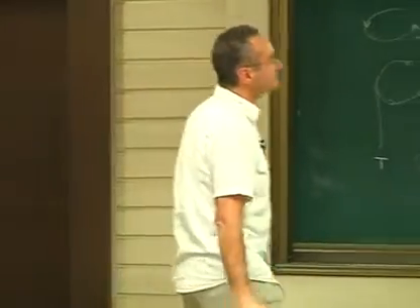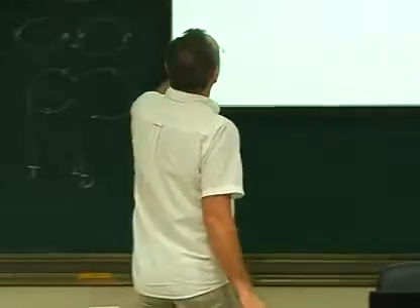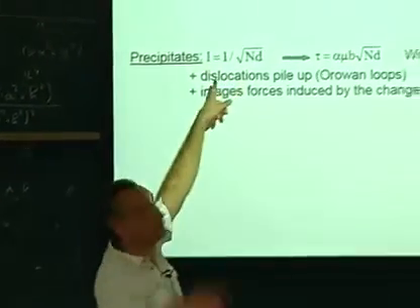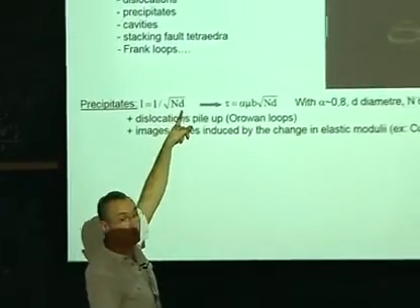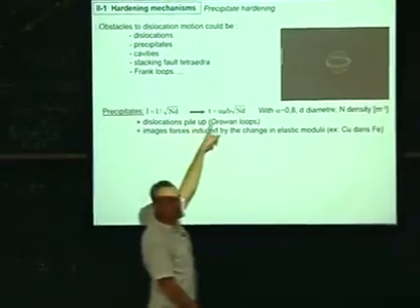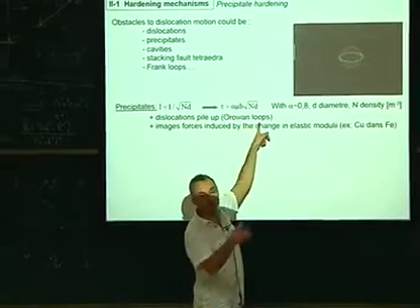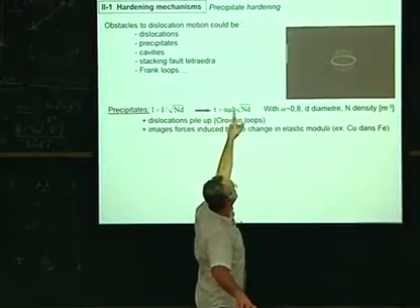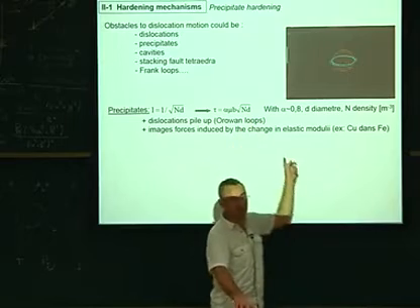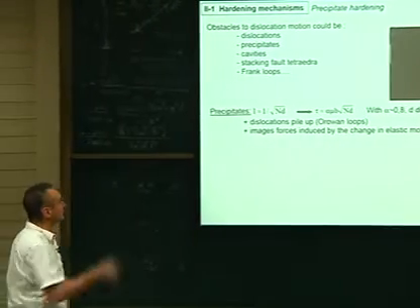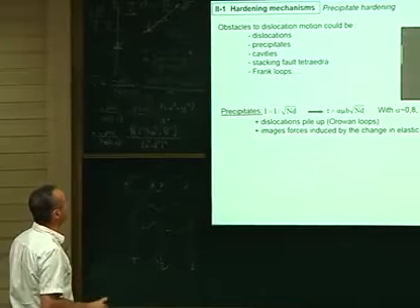So this hardening can also be measured. This is what you can find in textbooks. The length L will be the square root of the number of particles times their diameter, so the stress is alpha mu b over L. Alpha is not the same, it's a new alpha, not the same as for Forest hardening. It's a new coefficient: mu b square root of nd. Typically, alpha is about 0.8 for infinitely rigid spheres, so non-shearable particles.